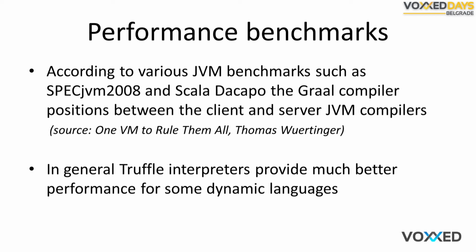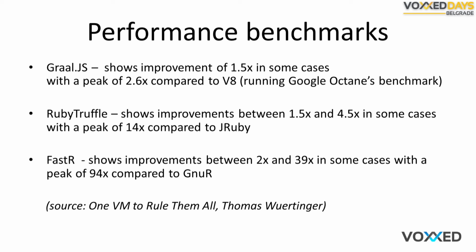Typically, in general, the Truffle interpreters provide much better performance for some of the dynamic languages that are currently supported by Graal than if you write those interpreters directly using the JVM utilities. And here are some short statistics. For example, for Graal.js, in some cases, we have even some performance improvements over V8, which is considered currently the fastest